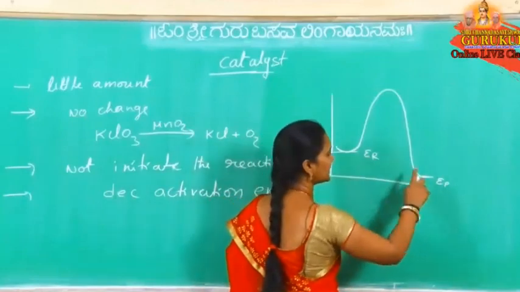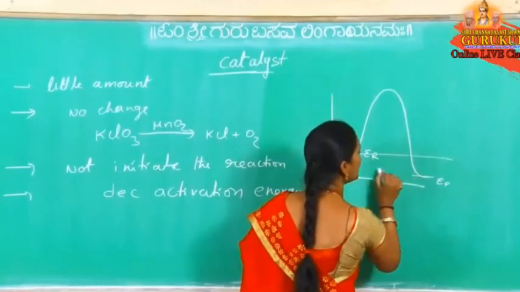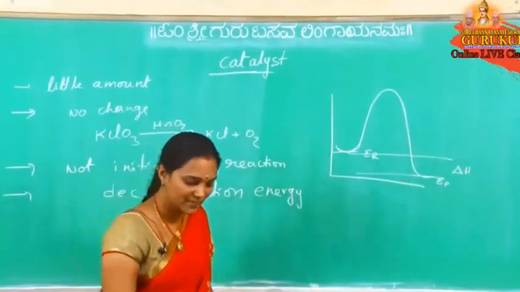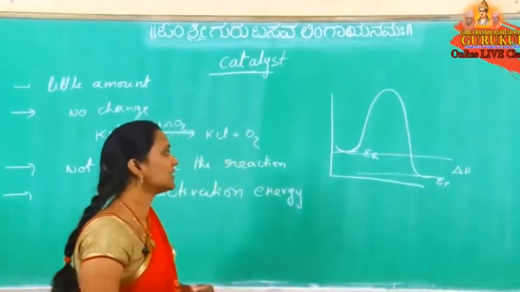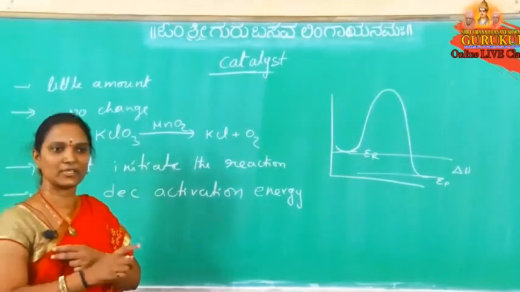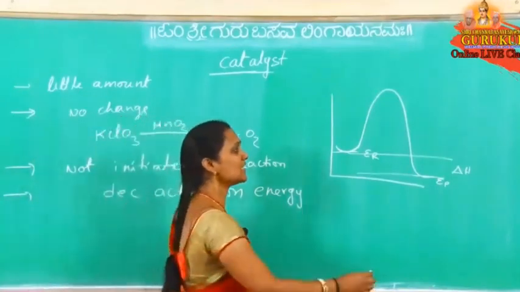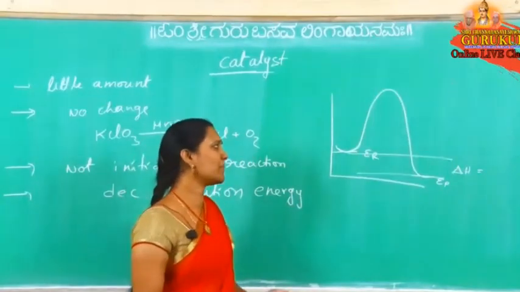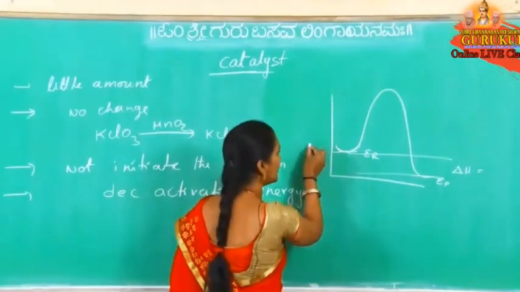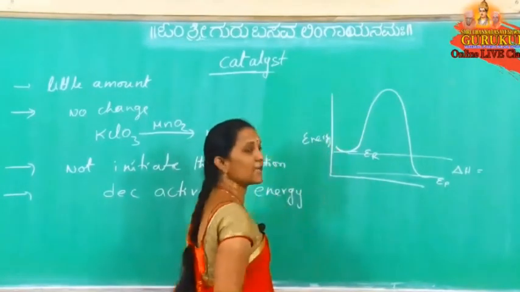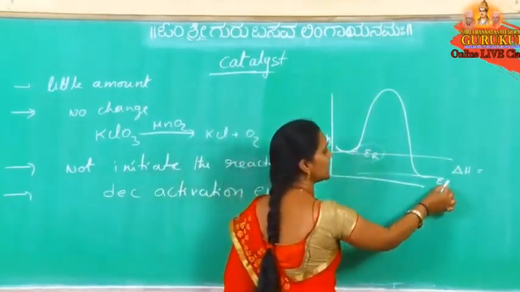So this is the energy of reactants, the energy of products. This difference is delta H: E product minus E reactant. That is nothing but the enthalpy of a reaction. Is this negative or positive? Delta H is EP minus ER. On the y-axis we are using energy; this is the energy of reactant, and this is the energy of product.